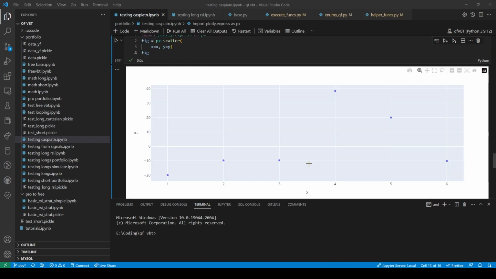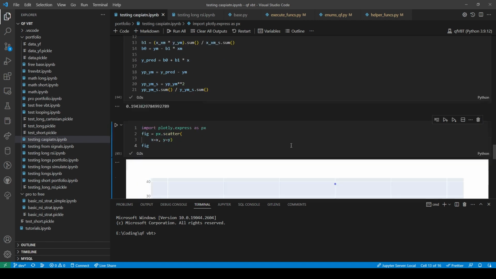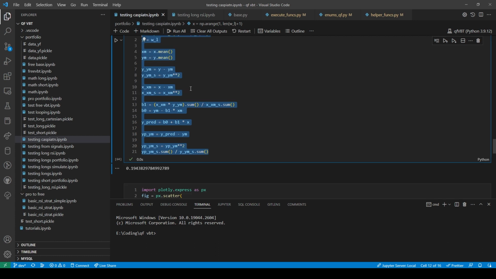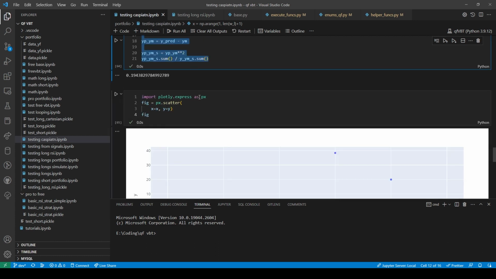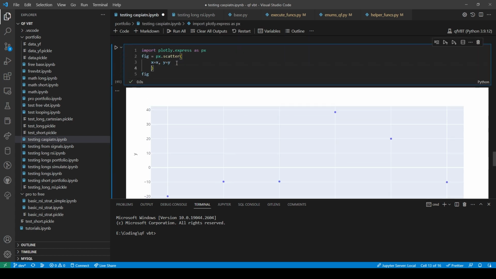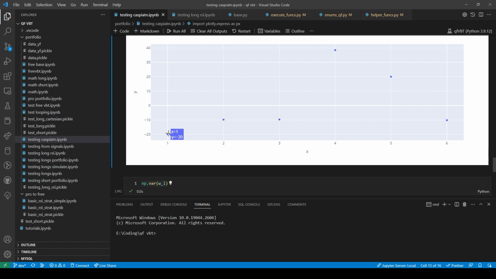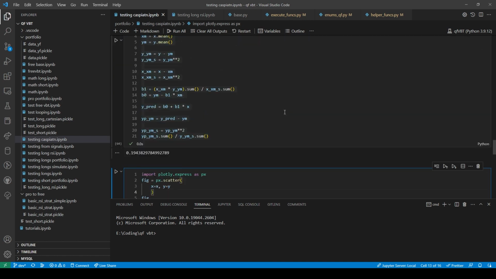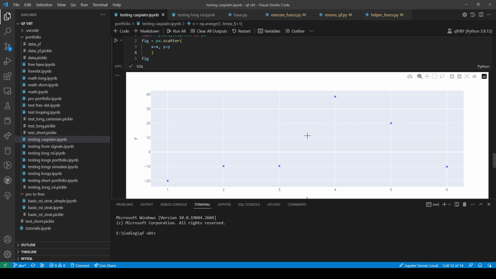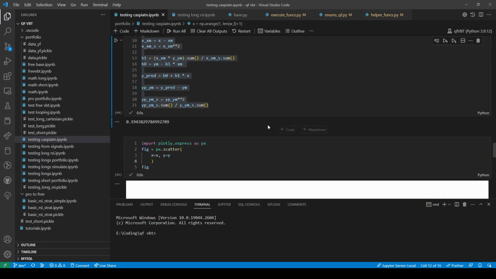All right, so I have figured this out. I'm pretty sure NumPy can just do all of this. But that basically gives you a scatter plot of your realized P&L. So you have this one, this one, this one, this one, this one, this one. And then here we are getting an R2 because the regression line, I think I can probably